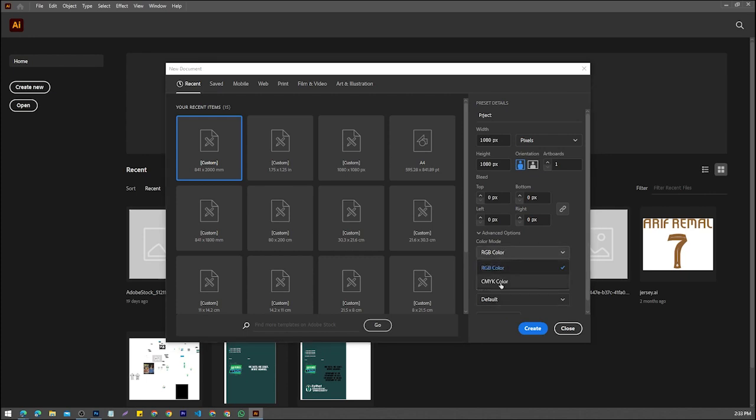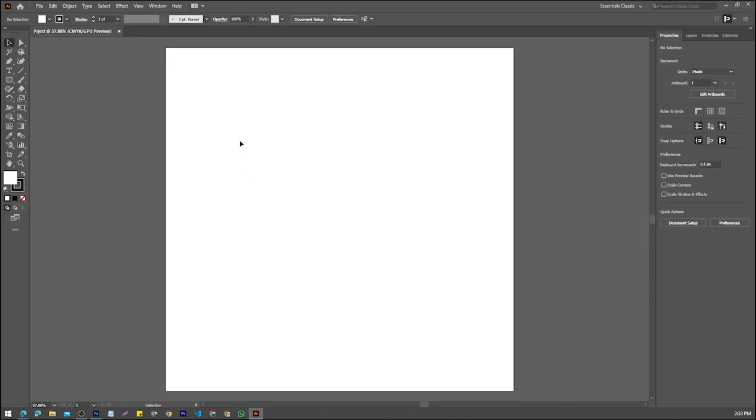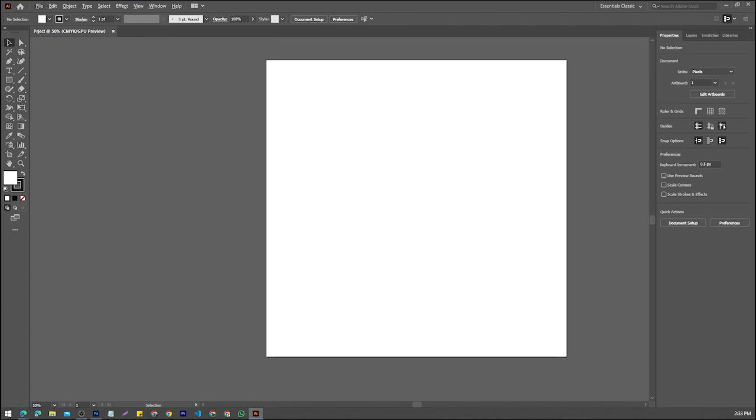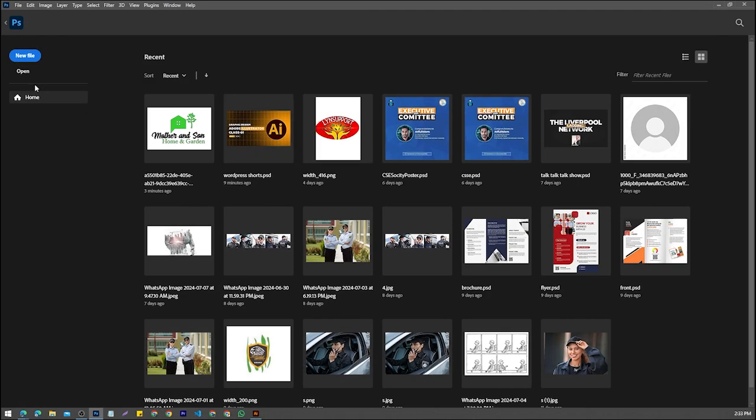And if you want to print something else, you have to change the color to CMYK, and the DPI is 300. Then great. Okay, this is my artboard created. So the same thing we did on Adobe